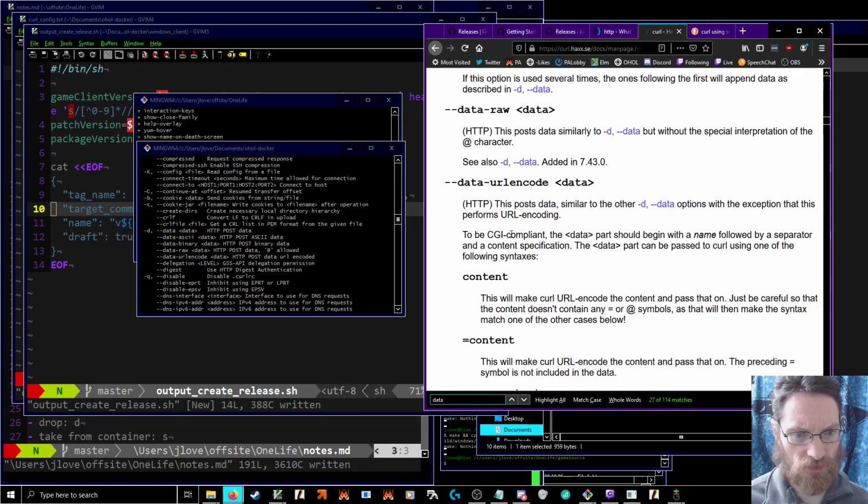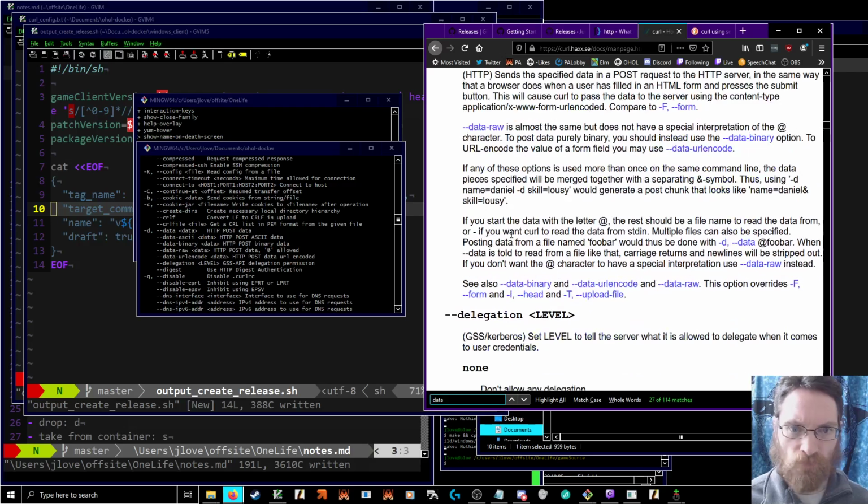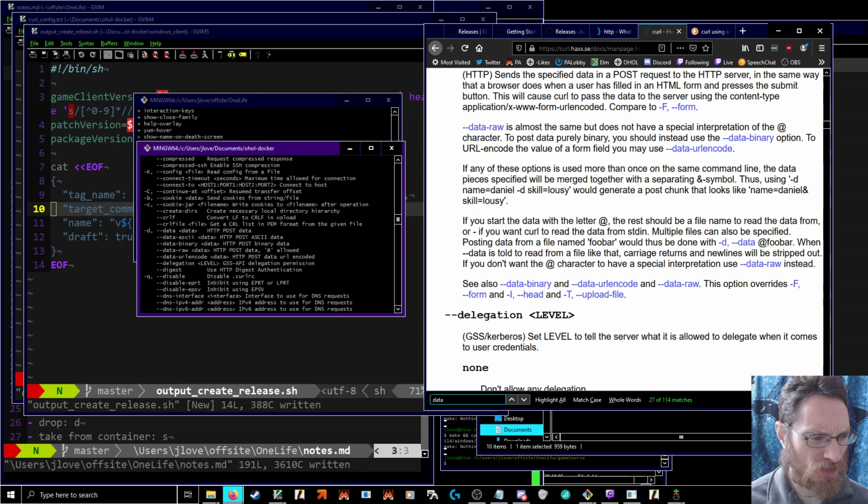Oh, is this like strict? You see? And add the file name. Or if you want to read it from stdin. I guess, oh, I still need